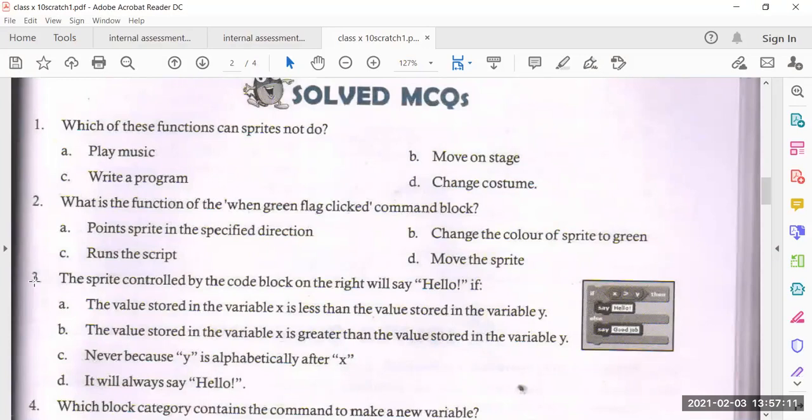Third, the sprite controlled by the code block on the right will say hello if: the value stored in the variable x is less than the value stored in the variable y, or the value stored in the variable x is greater than the value stored in the variable y.